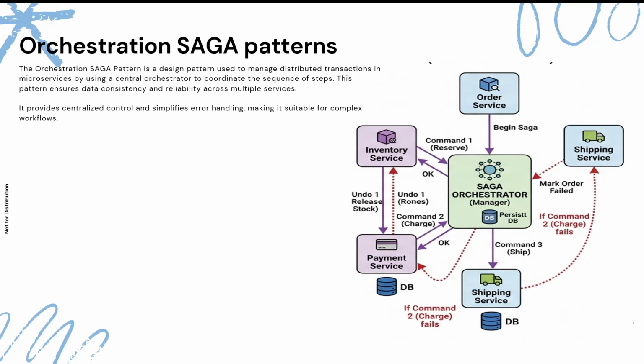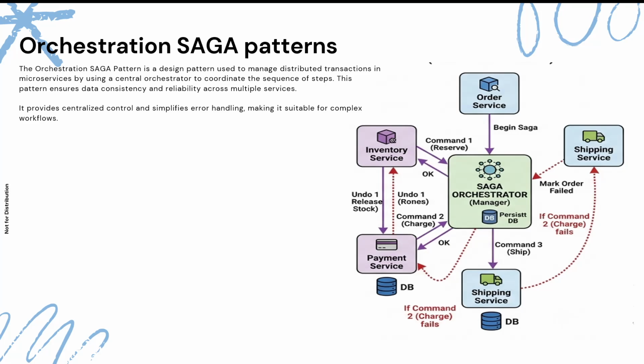This is the orchestration saga pattern. In this orchestration saga pattern, we use one centralized service, that is the orchestration service. That orchestration service coordinates when one service is emitting one event, how and when we will process or initiate the next set of services. In this pattern, to make data consistent and reliable, the orchestrator needs to handle all the